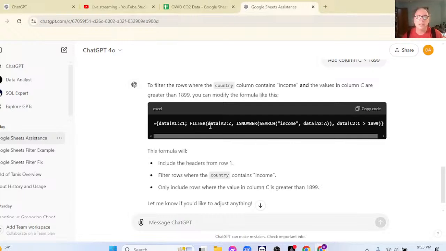So this is just the range, the array. In order to search for columns with country name that include the word income, you have to use this funky SUM and SEARCH function, okay? And we're also looking for code greater than 1899, which would bring us up to